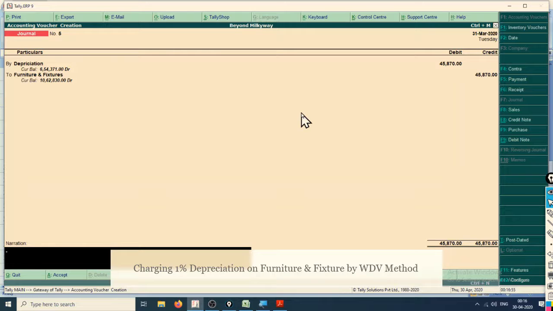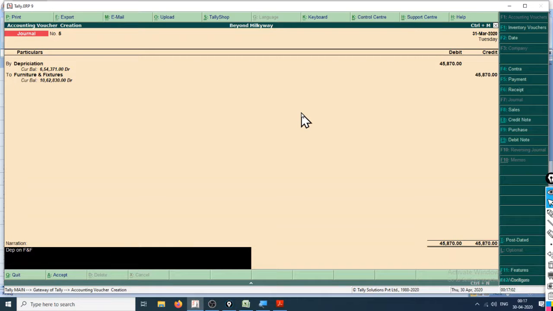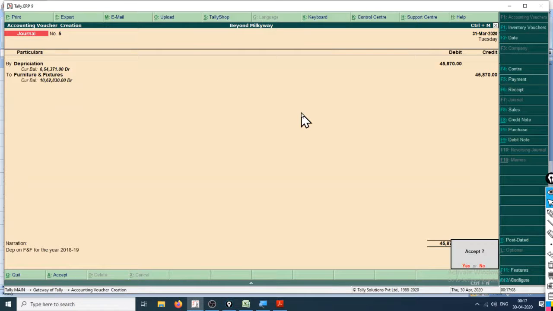Okay, 10% furniture depreciation on F and F for the year 2018-19. Accept, yes.